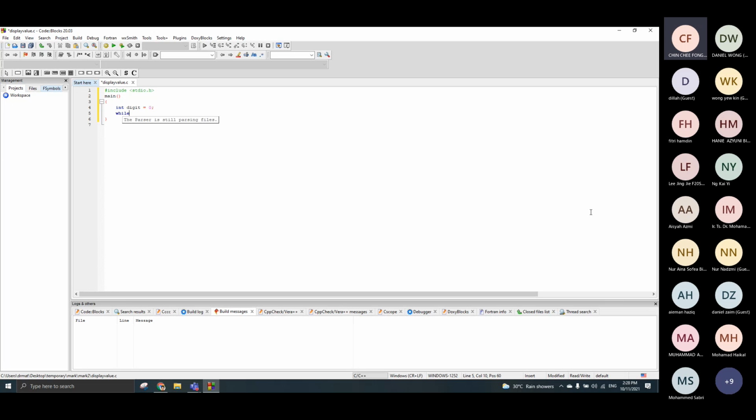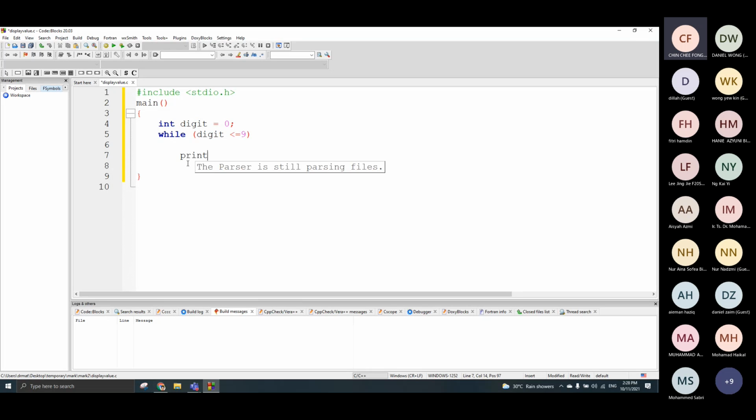You start with the while loop. While this is your statement, make sure the statement is true. The digit is less than or equal to 9. That means it will stop until 9. Right? And then here, okay, let me be clear. Okay, print. Okay, you give the instruction to the program, just print. Okay, print function,